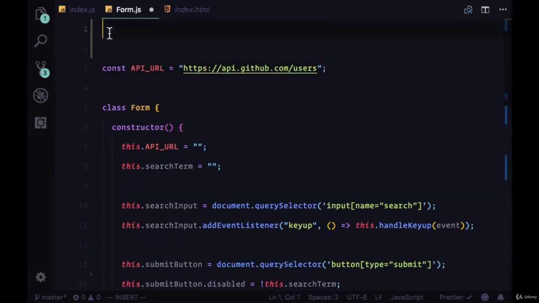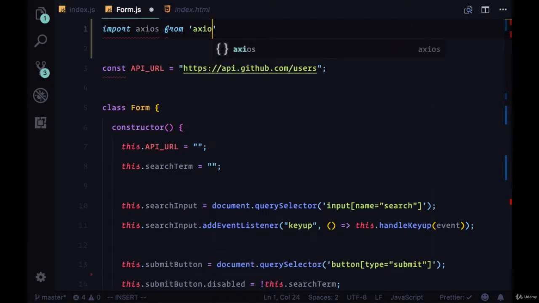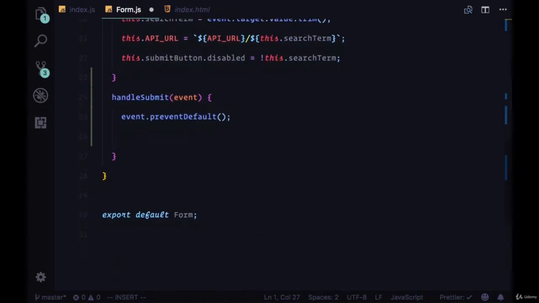And to make use of that, we're going to import it up at the top of our form file. So import Axios from the string Axios, and that'll reference the Axios package we just installed to our node modules folder. So underneath preventDefault, we'll say